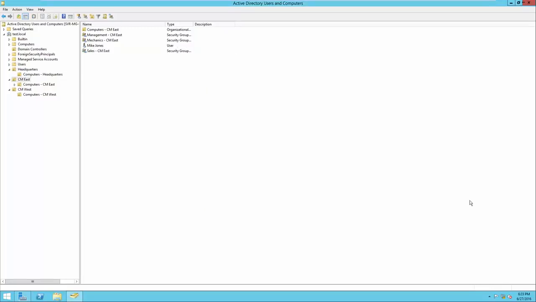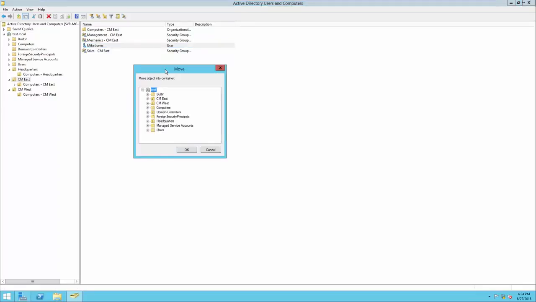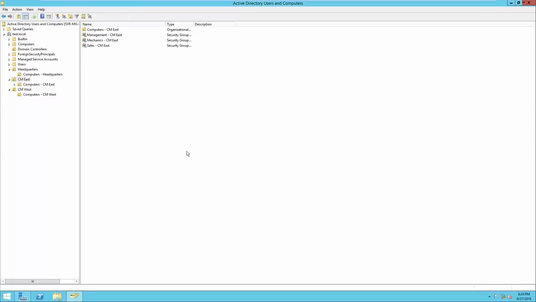Next, we'll go over moving, disabling, and deleting Active Directory users and other objects. So let's work with our Mike Jones user. Let's say that Mike Jones got moved to headquarters because he got promoted. We're going to move him by right-clicking his user account, clicking Move, and then selecting the container that we want to move him to. We're going to move him to the headquarters OU. So you'll see that Mike's account is gone from the CM East OU and has been moved to the headquarters